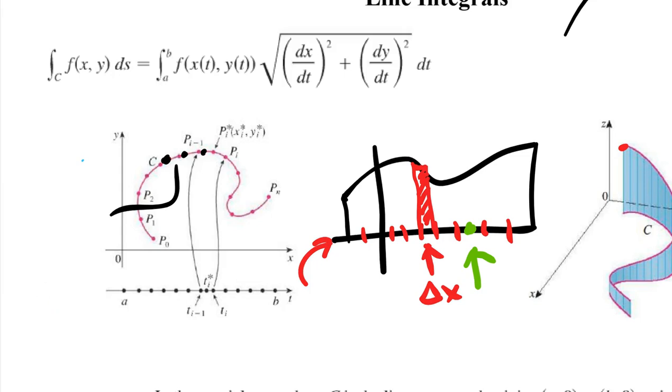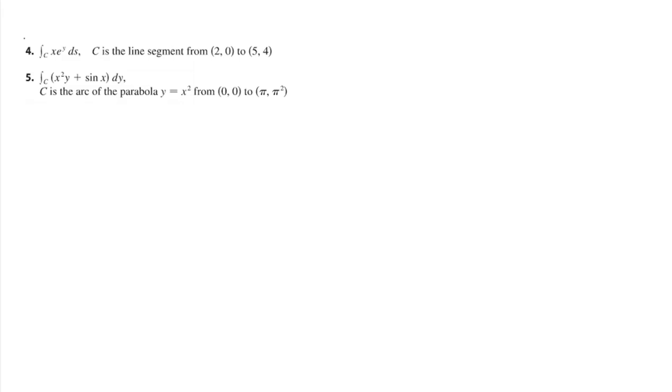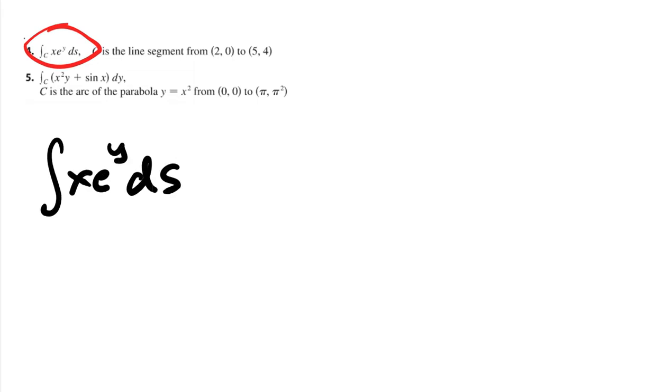So let me pause the video and pull out an example. Okay, I picked up two of them. This one is the one I want to do first. So let's bring that up. So it's the integral of x e to the y ds over c, and it's the line segment from (2, 0) to